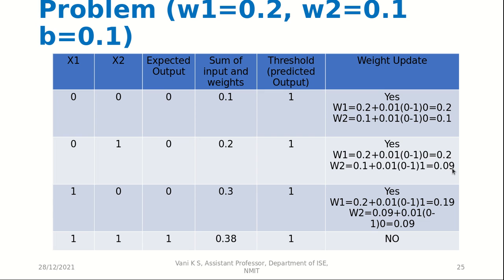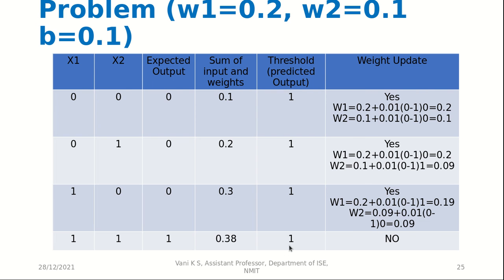Then we move ahead, we get the different inputs, and then we perform the same thing again. The weights are changed again. Then the fourth time we again get some value. This time, since we did not get any change in the values, we are not doing any weight update here. And even if we try to do any weight update, it will not happen, because expected output minus the actual output is 0 in this case.